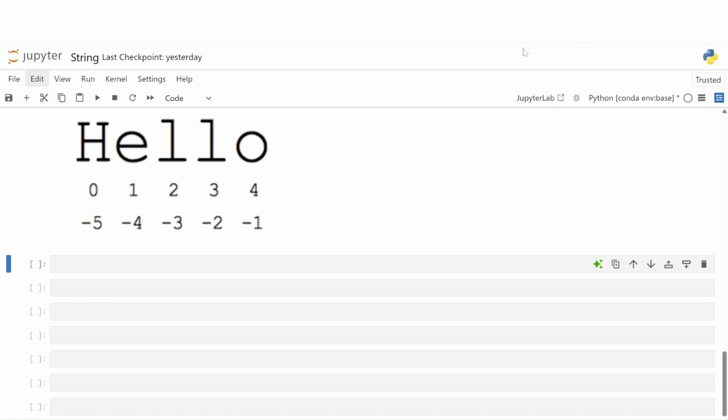But the way we access these characters stays exactly the same. First, we write the name of the string variable we want to index. Now, for example, let's use word, which holds hello. And if we want to obtain the letter O again, we can pass into square brackets minus 1.